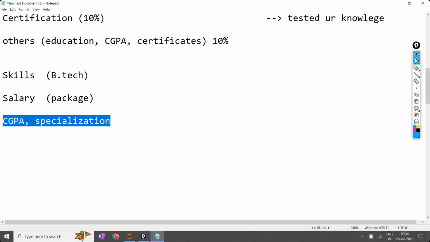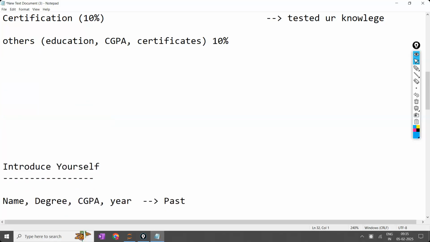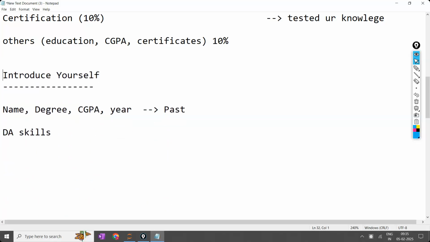So here the main importance goes to skills. How many skills you have, whether you are able to perform the entire project or not. That is the top priority. Your degree, all these stupid things are the last priority. Are the points clear, guys? Whatever else you consider, skills are the top priority.